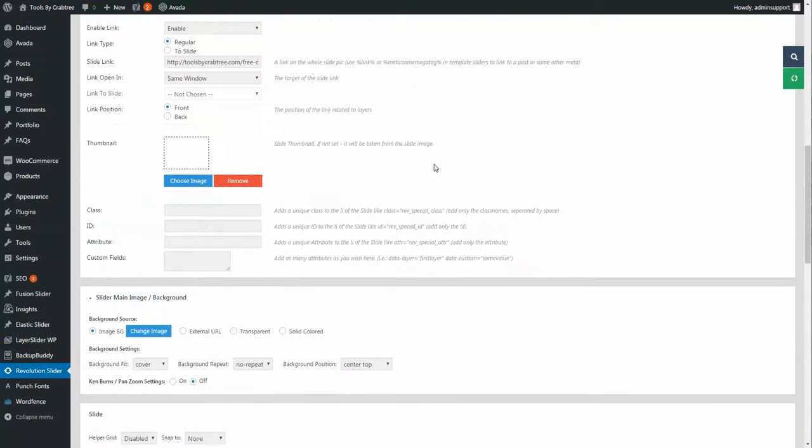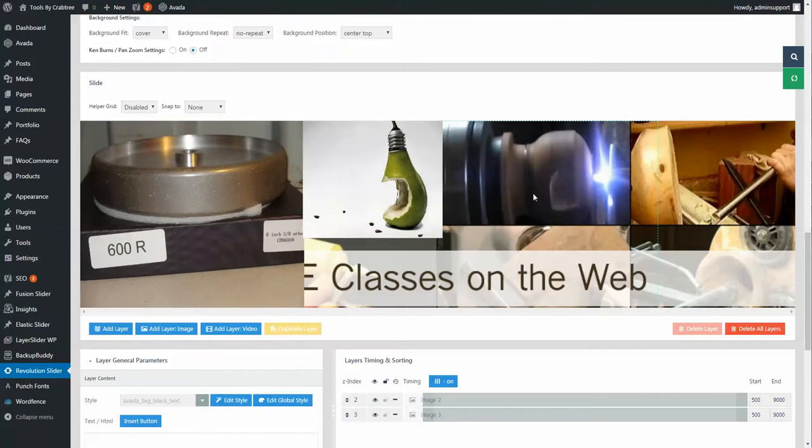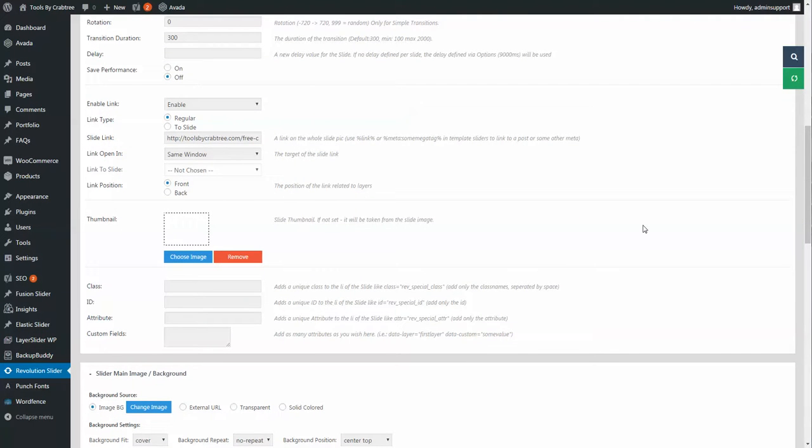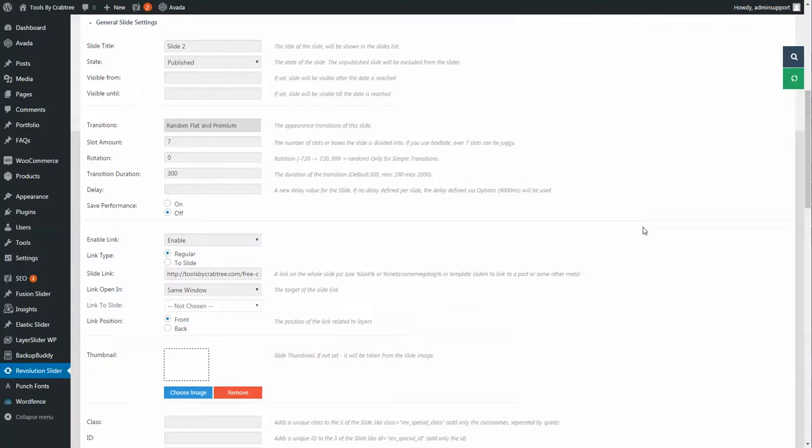But again, that's the more difficult way. Easier way is just choose a picture you want. Use a picture editor to make it. Okay, so we add YouTube videos, change the slide, add a link to the